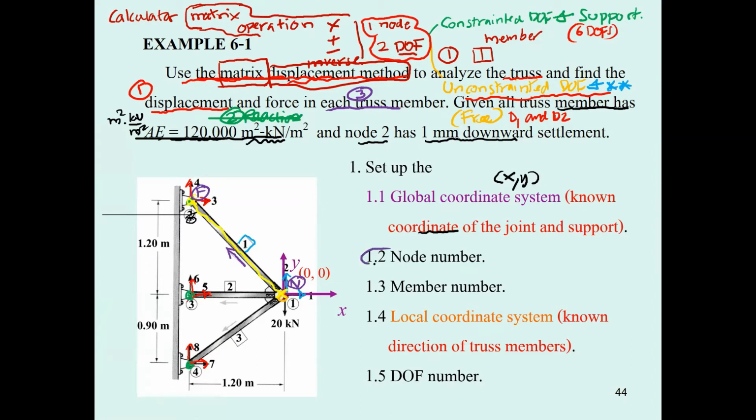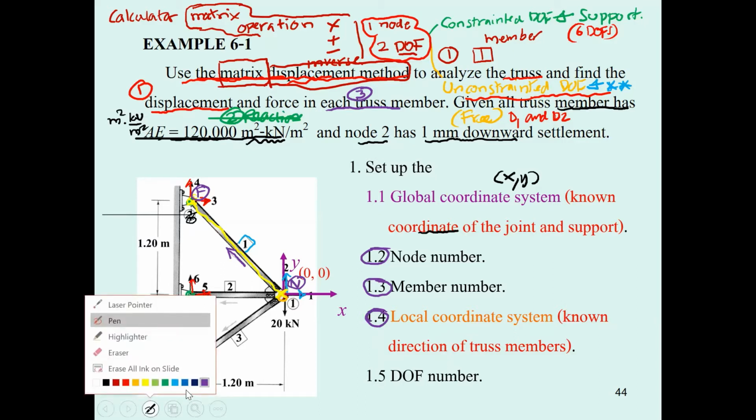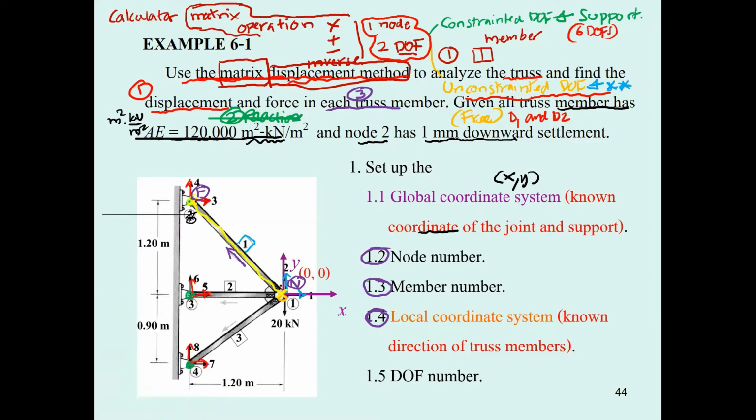Okay, so you got the node and you got the member number, and you also get the local coordinate system. Now for the second one, you may mark it like this and then drag the line from node 1 to node number 3 and release the mouse. The computer knows this is going to be the second member, with nodes 1 and 3. The direction of this member, by the local coordinate x half, y half, is going to follow the direction